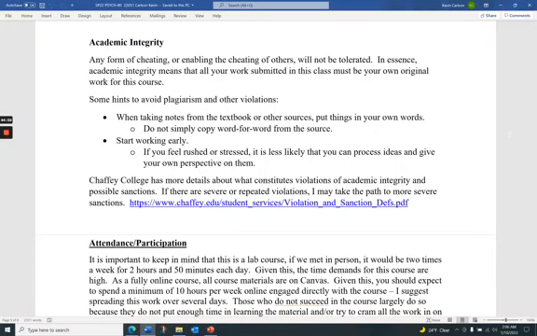So, for example, for exams, give yourself plenty of time. Take the exam when you have time to feel like you can be relaxed. I have seen some students start the exam like 1 hour before it's due. That puts incredible pressure on you. Don't do that. Don't put yourself in a time pressure situation.